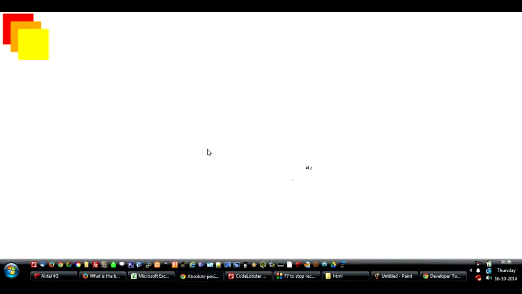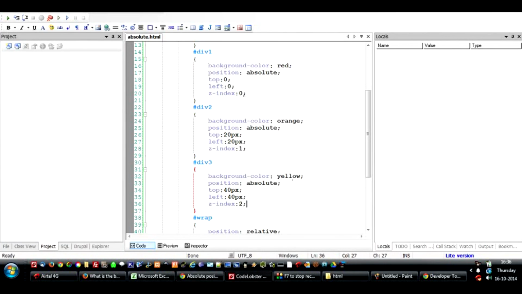So it makes no difference because this is the lowest level, this is the middle level, and this is the highest level. If you want to reverse it, just change these values to 2, 1 and 0 and see the magic.